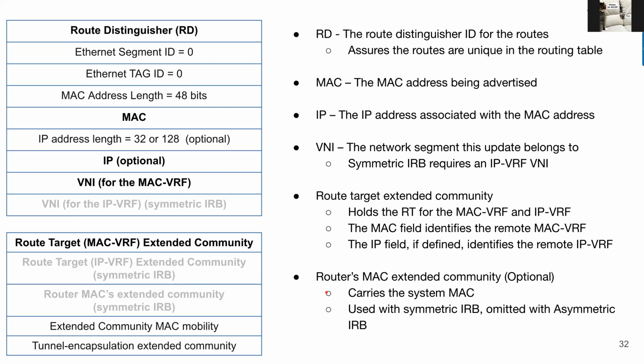All right, if we're looking through the fields that get sent out in our BGP update, we'll have the route distinguisher. Note that the route distinguisher is not located in the same attribute as our route target. So the route distinguisher will be sent out with our NLRI, as well as additional information depending on what flavor we're running: our MAC, the optional IP, and our VNI. So remember, we have to signal our MAC. The route target is in our extended community,